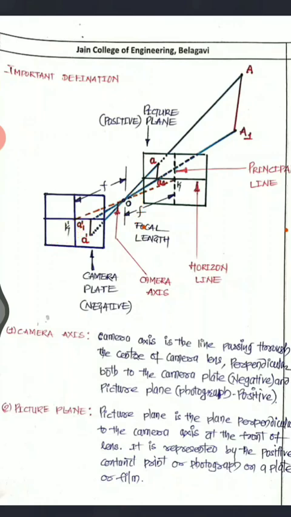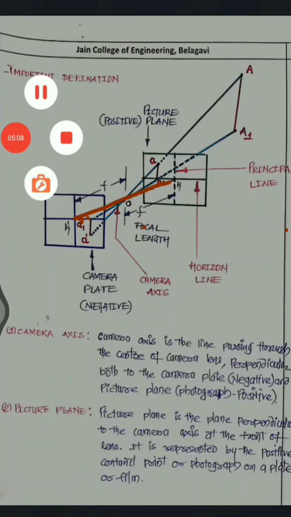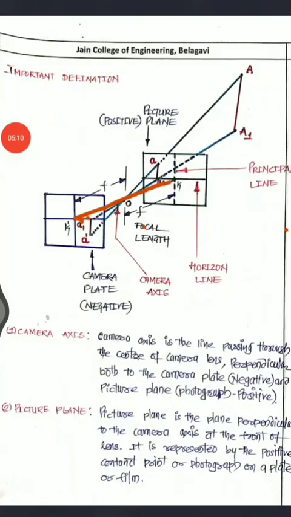One more dotted line you can see is from K to K dash. That we call the camera axis. This line, K dash to K, is the camera axis. Now with this camera axis, you have what we call